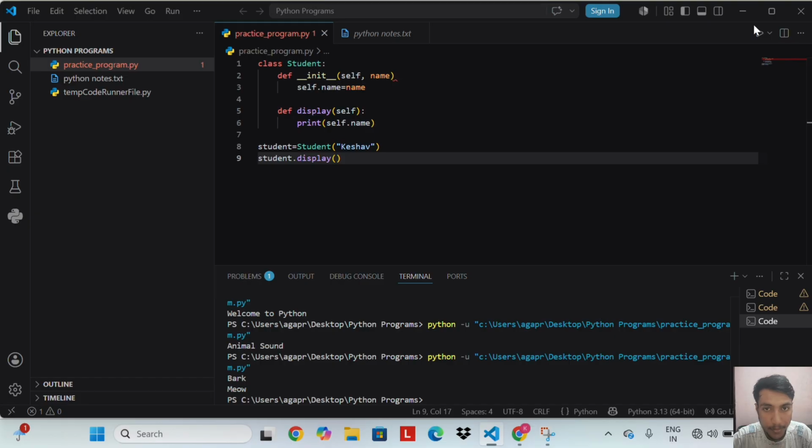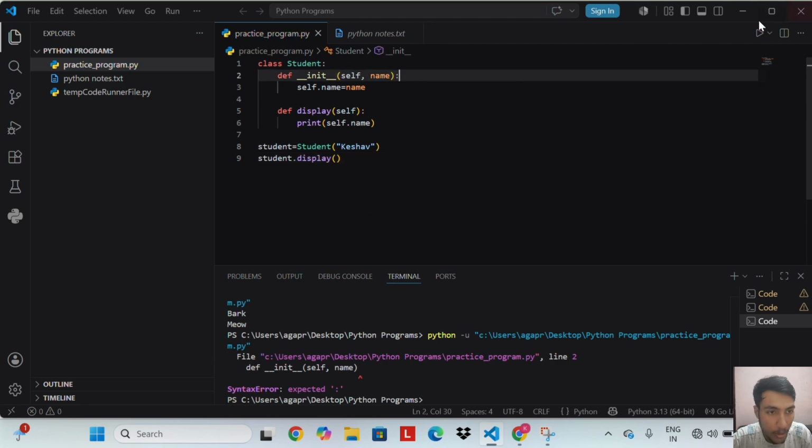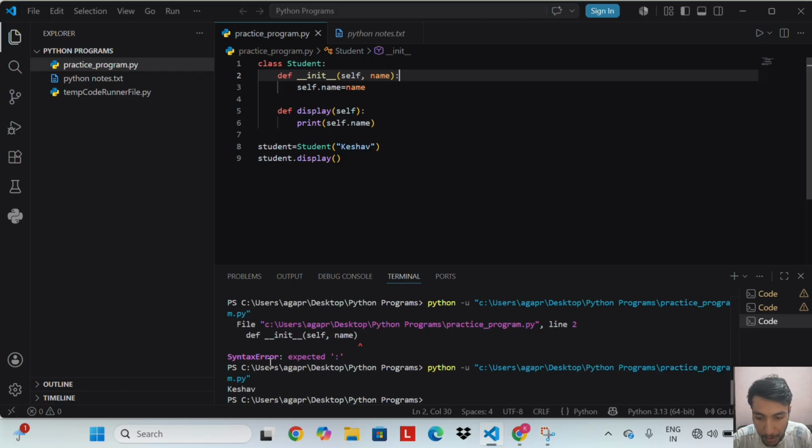Let's run this code. I think there is some mistake here. A colon will come. We get Keshav as output.